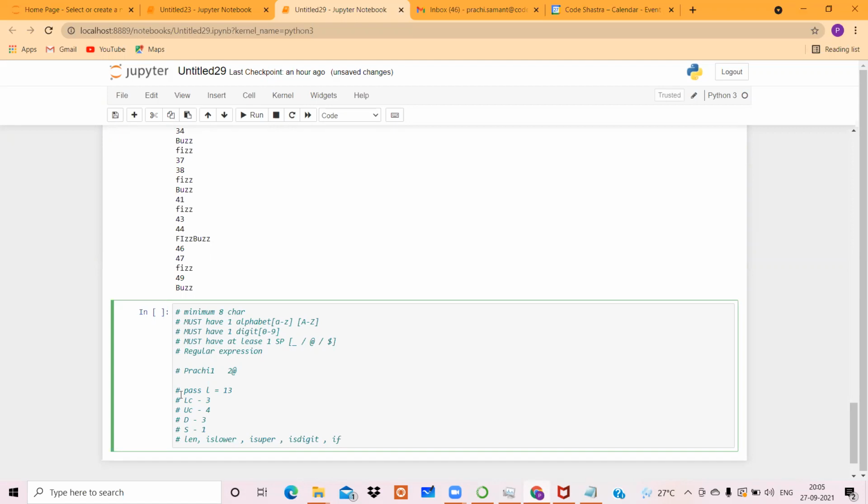तो उसको check करने के लिए हमारे पास normally हम if को use करेंगे. But बाकी के लिए अगर normally if लिखना चाहते हो then it will take a lot of time because you have to check if it is A or B or C or D or E or F or G so on up to Z. So 26 conditions उसके 26 condition capital के and then 10 conditions digit के, अगर इतना लिखने जाएंगे तो obviously the code will become too huge. उसके लिए हम is upper, is lower और is digit use कर रहे हैं, but a special symbol के लिए we can simply use that if conditions to check whether it is one of any given if condition or not.